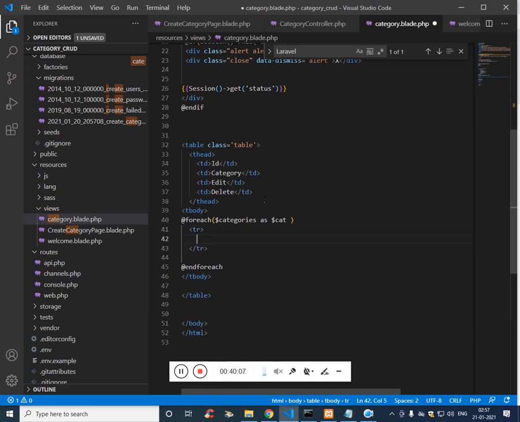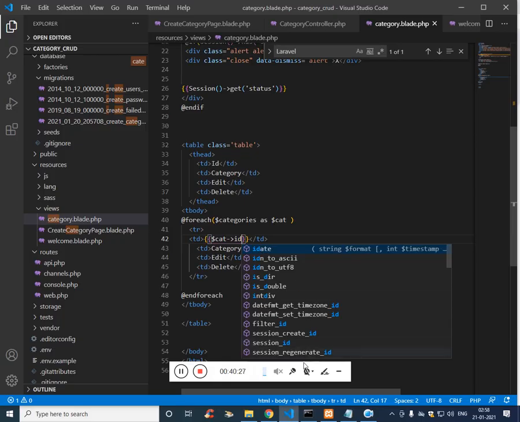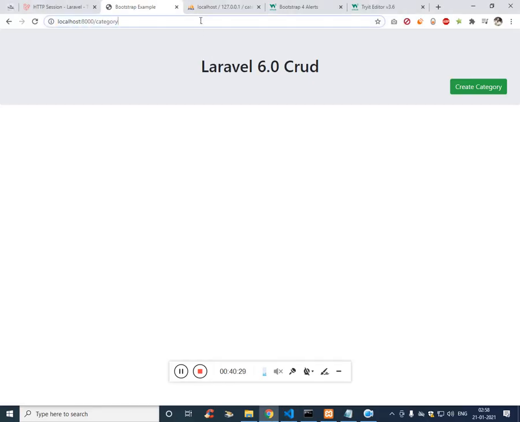Just copy the whole section again, paste it, and here with the help of this cat use the template string, and we are going to call the ID. Let's see if there is no error. It should work. It should display all the IDs.